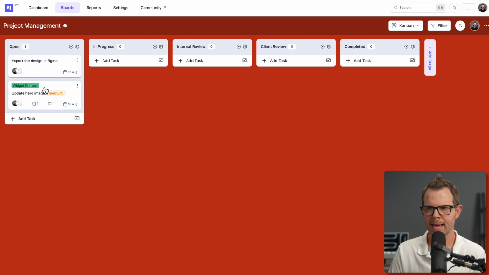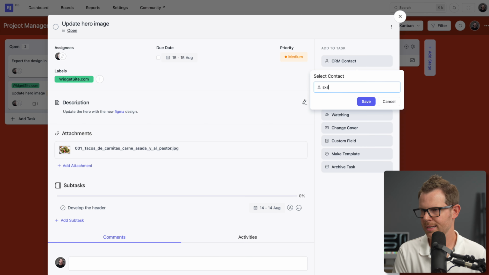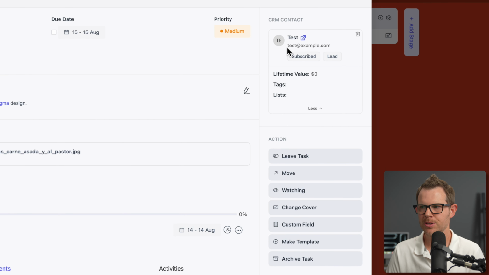It's got the label attached to it. It has medium priority. We can see the description. Actually, not the description, the title. I'm gonna click into this. And now I can add my CRM contact, which was example. There it is. So my contact is now attached to this card, and I can see information about that contact,